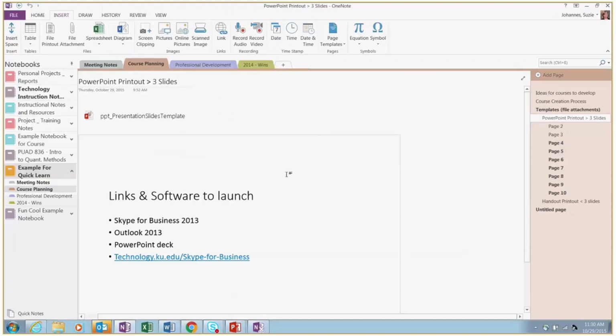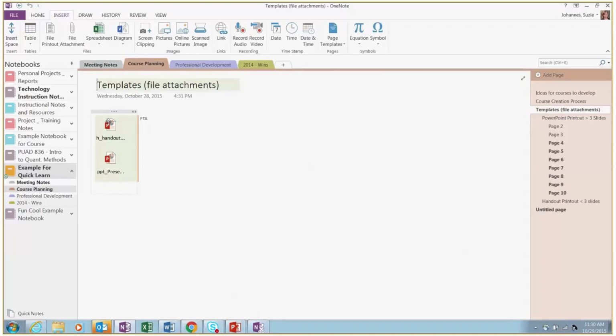One thing to note, there's another option here, File Attachment. What that looks like is you just have these clickable files that you can launch from here. One thing to note about the file attachment and file printout is that once you put those things in here, they're no longer linked to the original file. So if I make an update to this presentation on our group drive, it won't update here.